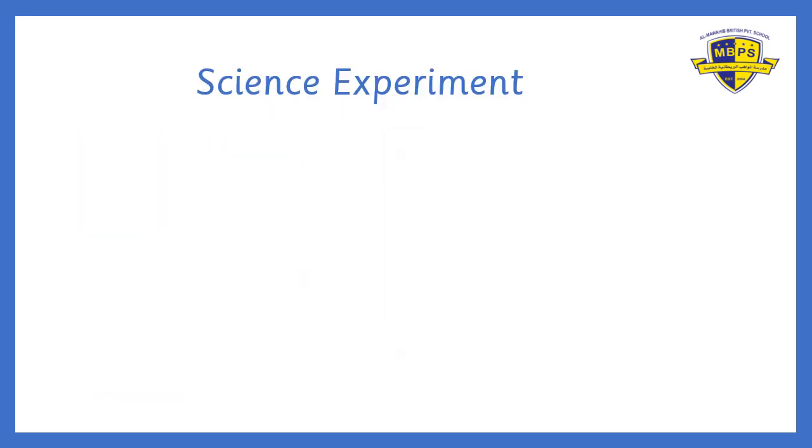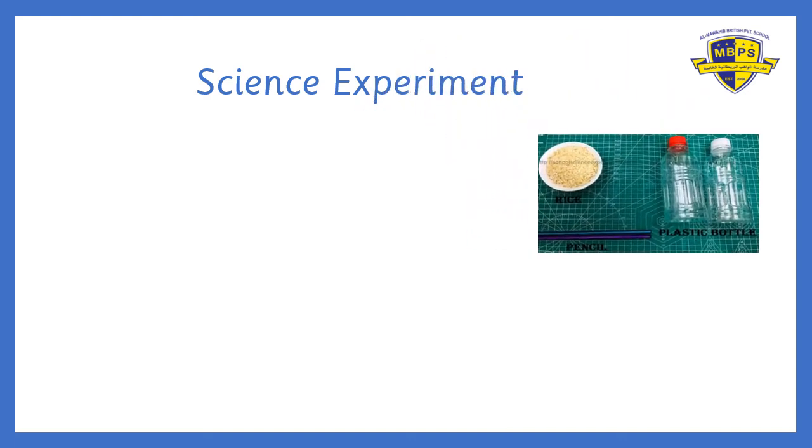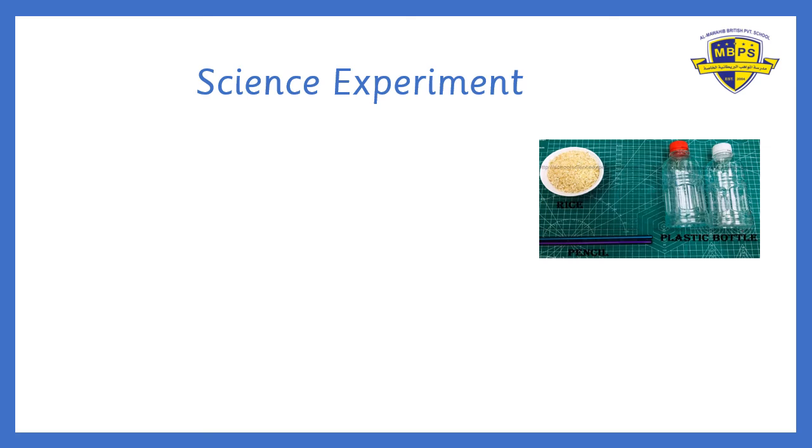Now I want you to try a small experiment at home. I will just explain how the experiment is. What you would need: two plastic bottles, or one, depending upon you. I want a small 500 ml plastic bottle, or even smaller than that. And you need rice, the normal rice that you have, but not cooked, raw rice, okay? Don't put cooked rice, your mama is not going to like it. Take raw, uncooked rice, and pencils. If you're using 2 bottles, then 2 pencils.